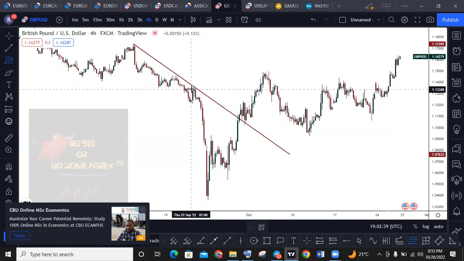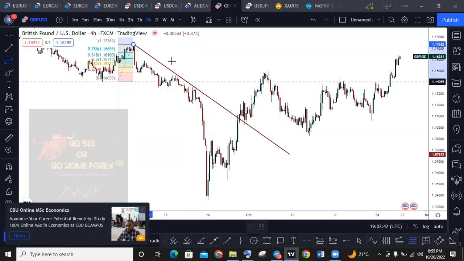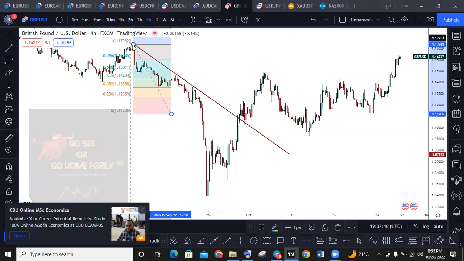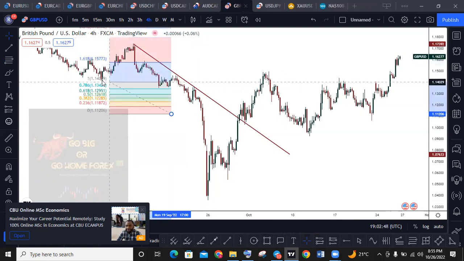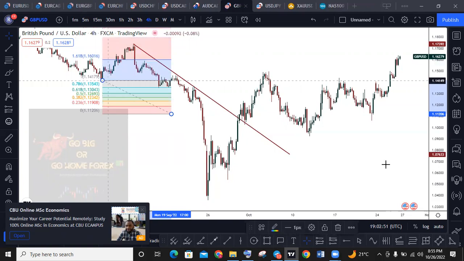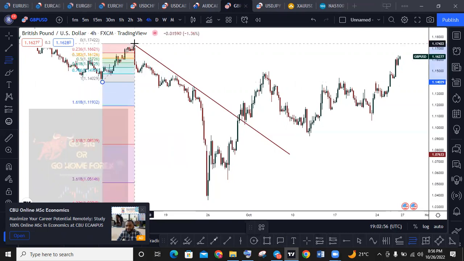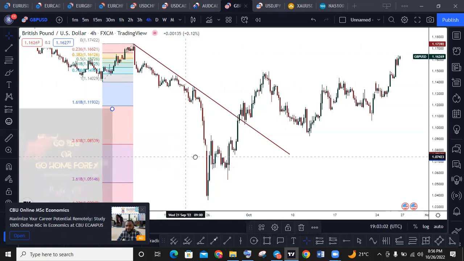Pay attention to what I'm going to do. I'm going to click here on the high. And then these ratios for the Fibonacci retracement, first we begin with the low because we want those levels to be displayed down here like this. So once these levels are being displayed on the bottom like this,